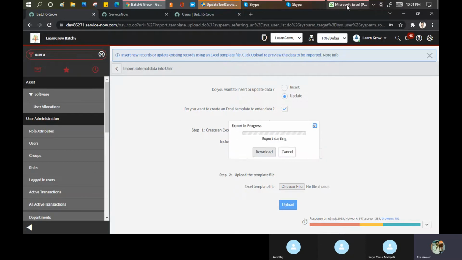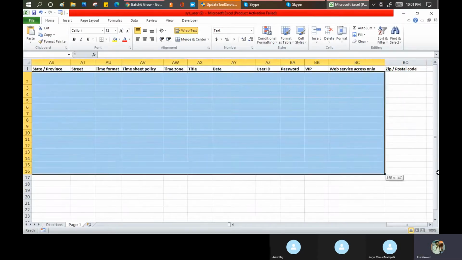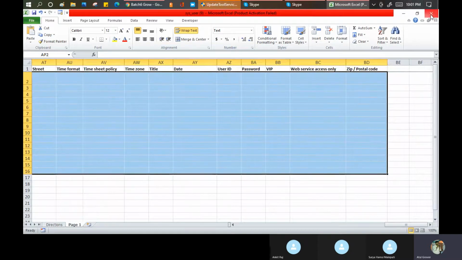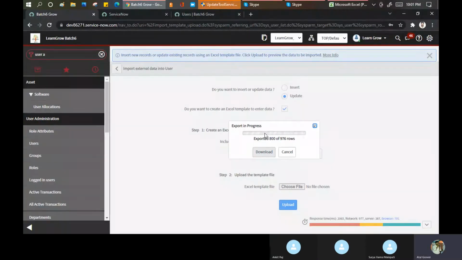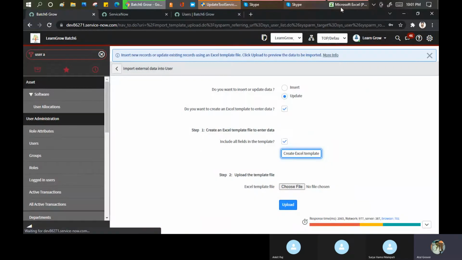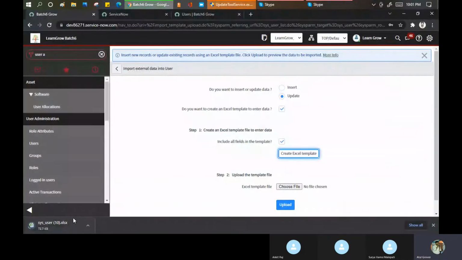The thing is that now I will get these fields auto-populated with the previous data. So let me close this sheet so that I can show the sheet number 10. See, it's downloading the 976 records. Click download. Now in this case, it will create another transform map, and it will update the records. यहाँ पर ये नहीं आएगा. देखो, if you see the new record, insert the new records, ये कहाँ गया information ये चीज.